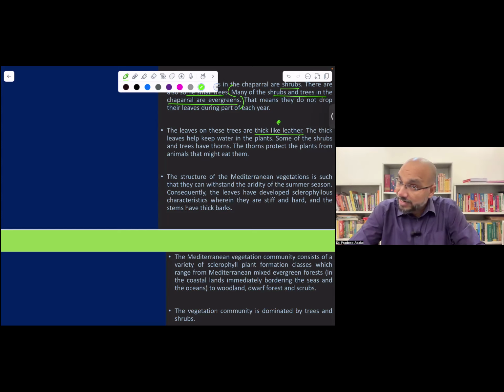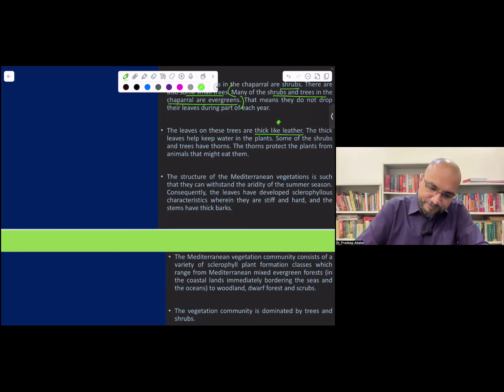But here, evergreen type of trees are there, so leaves are present throughout the year. They do not shed every year, so they remain on the stem for more than 1 year or 2, 3 years also. Now, because in summer rainfall is not there, there should be some mechanism to conserve the moisture, because leaves do not shed, they remain on the tree, so there should be some kind of mechanism to minimize the transpiration. So we'll see that particular mechanism, right?